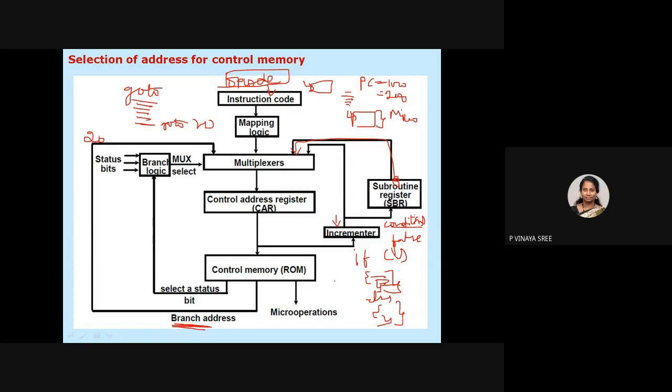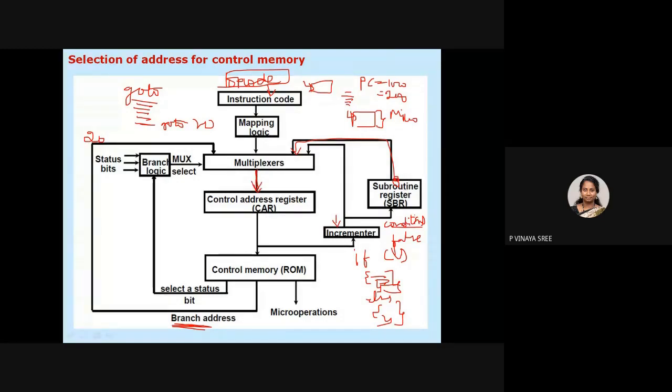If the condition is satisfied, then it has to execute those instructions based on the condition. Next one is unconditional. And the other is what is present in the output, based on which the corresponding control signals have to be generated. So these are the 4 inputs that we are giving to the multiplexer. After that, based on the output, you will have an address. Why are we placing the output in the control address register?